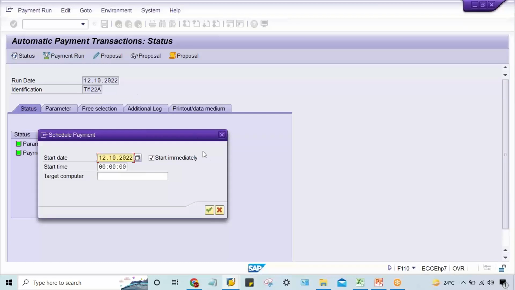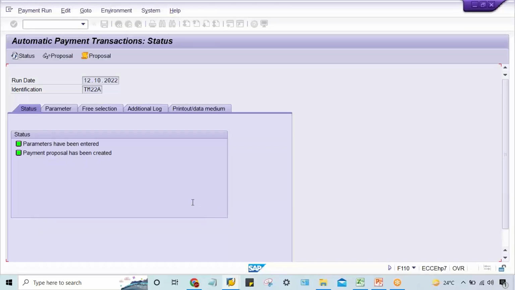Click on schedule payment. Look at here, these details by default are coming. Simply you click on here, schedule. Okay. So payment run, ready to be started. Press enter. Now look at here, red color means error has taken place. Now what is the error, guys? That we have to find out, isn't it? So this time